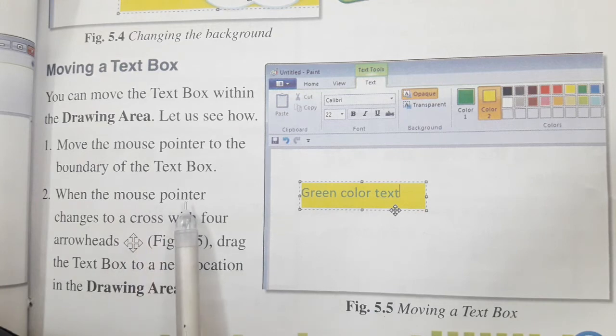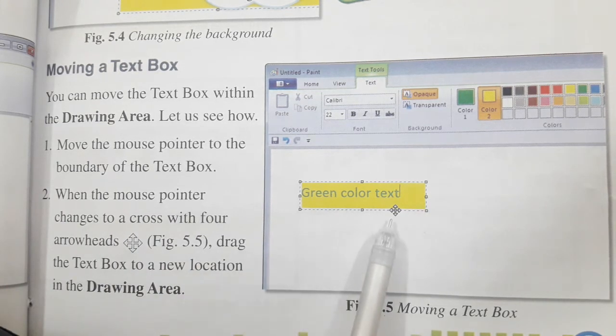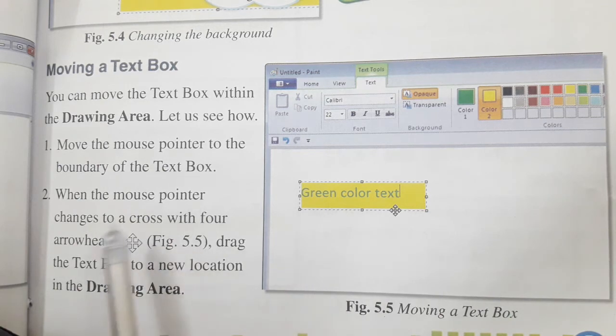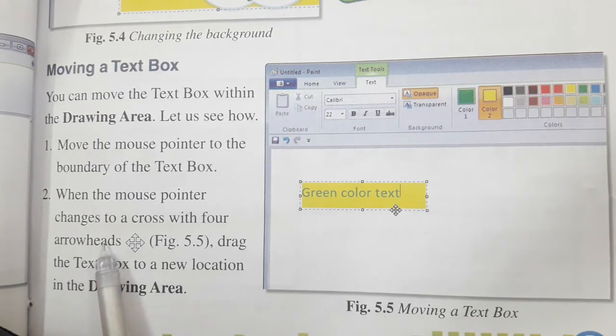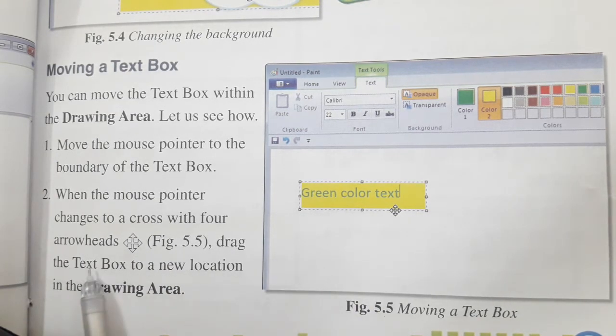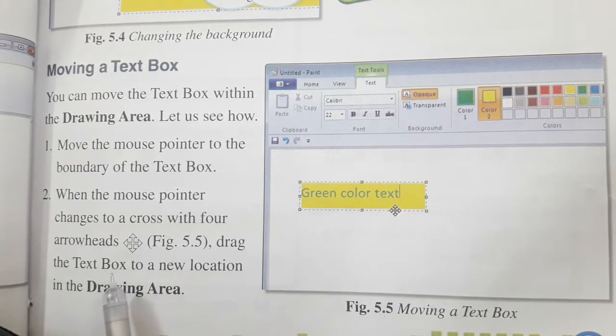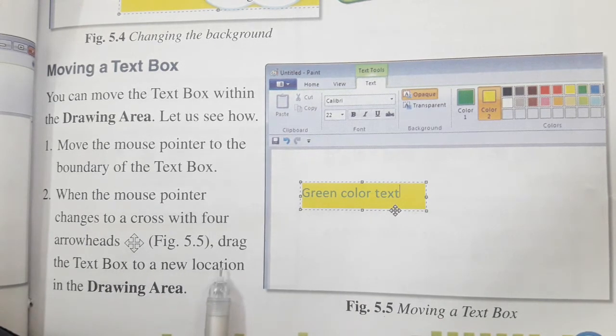When the mouse pointer changes to a cross with 4 arrowheads, this one, you can see here, drag the text box to a new location in the drawing area.